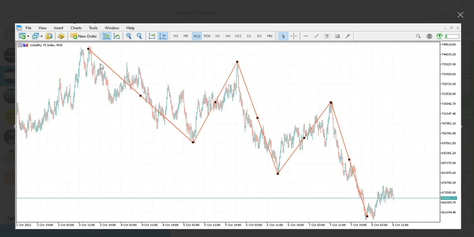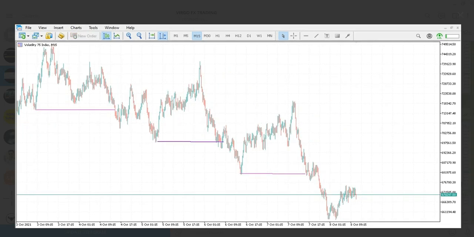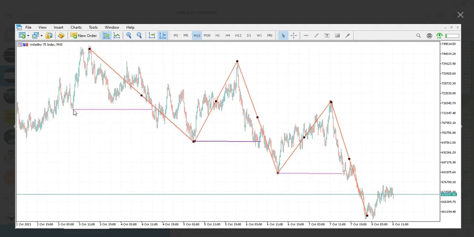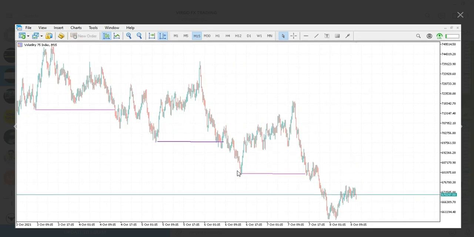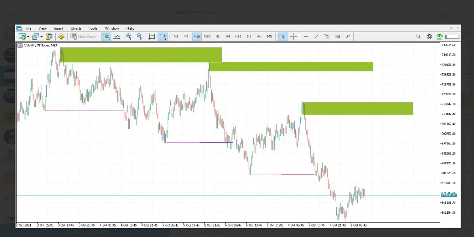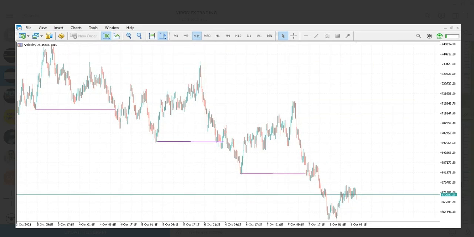On M15, as you can see, we have a high, low, lower high, lower low, lower high, and lower low. I wanted to show you how I do it. I don't come from here and say low, high, lower high, low, lower high. No. We have to take the bigger structure. As you can see, I also highlighted the break of market structure with 1, 2, 3, and then I removed all the other things, so we are left with the break of market structures only. Here I don't have to spend so much time on it, because we all see one thing here.